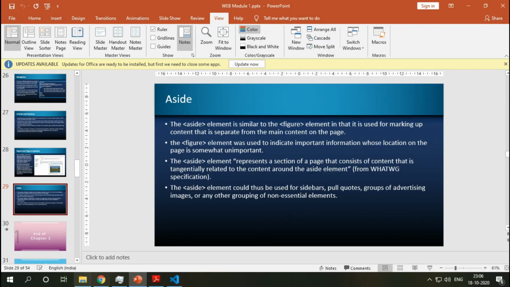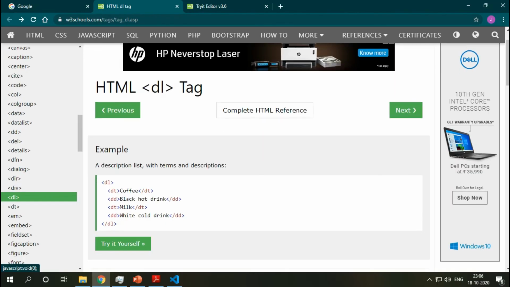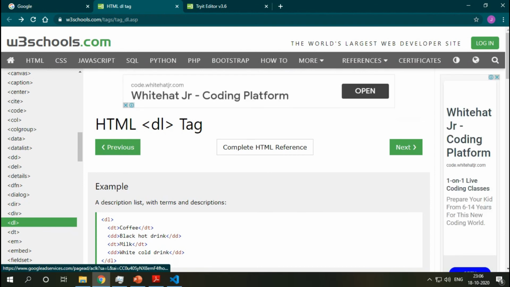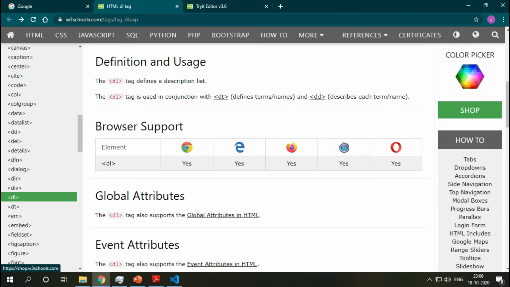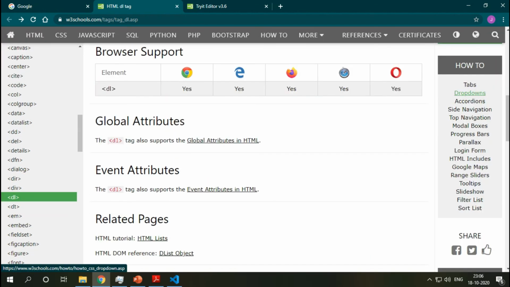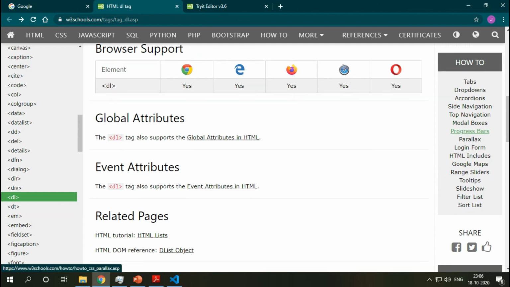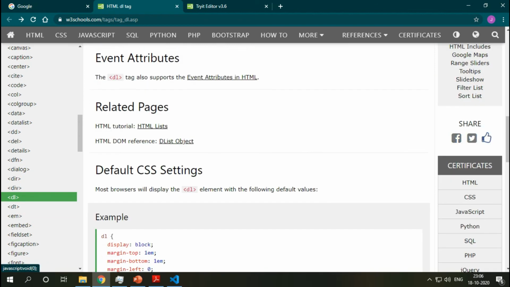So on this W3 Schools website, you can see that we have a first ad of a Dell laptop here. Then we have some information about the color picker. Then how to create tabs, drop down lists, top navigations, modal boxes, all those things we have information on. Then share this information on Twitter, Facebook, right?